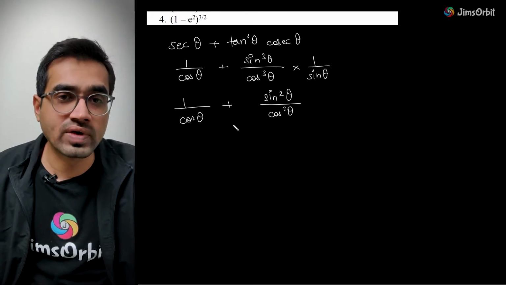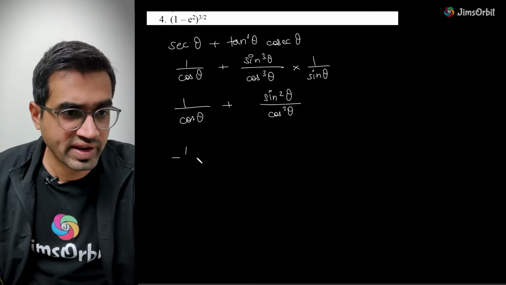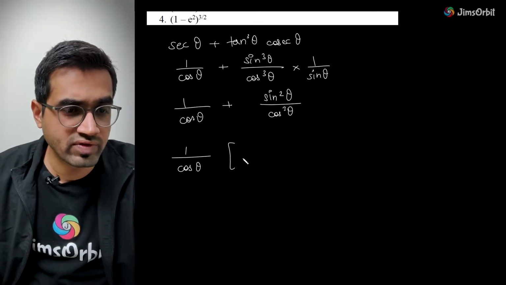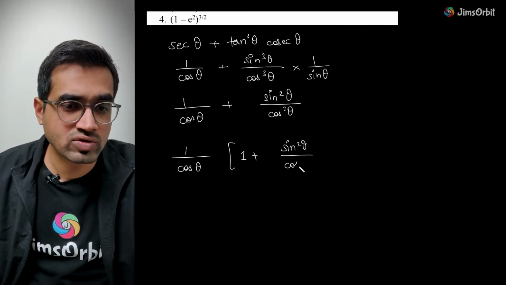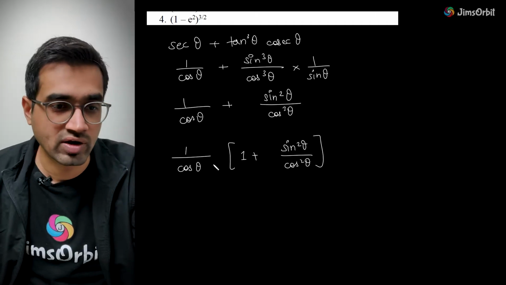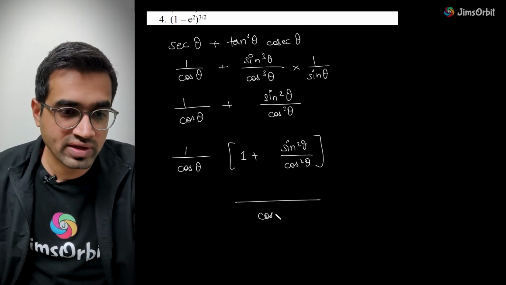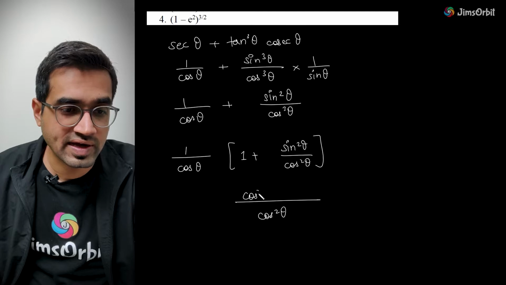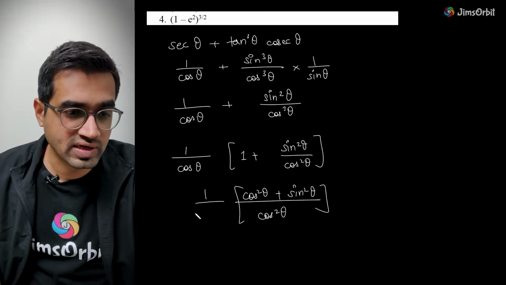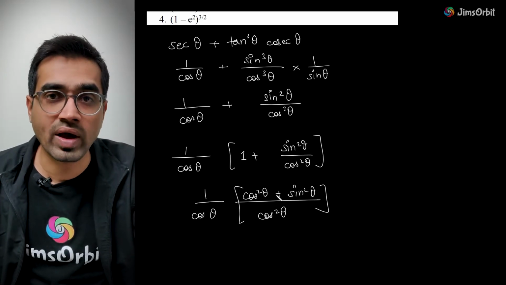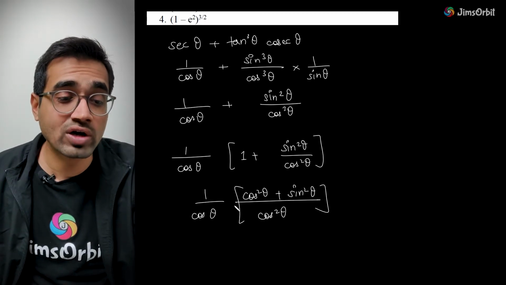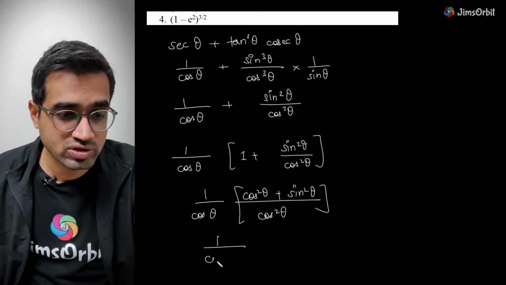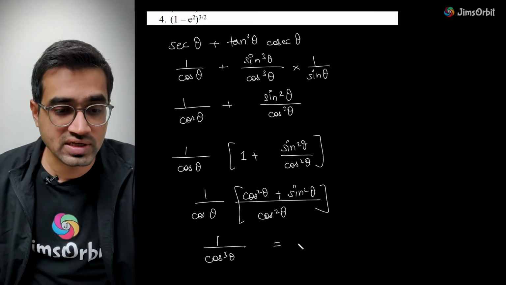Now you notice one thing. We can take 1 by cos common. If you take 1 by cos theta, you will be left with 1 plus sine square theta by cos square theta, because one of the cos theta is outside now. Now, if you take the LCM, this is a very good thing happening. We get cos square theta plus sine square theta and 1 by cos theta. Now, this is 1 because the identity exists, and 1 by cos square and 1 by cos multiplied becomes 1 by cos cube theta. Now we know this is nothing but secant cube theta.